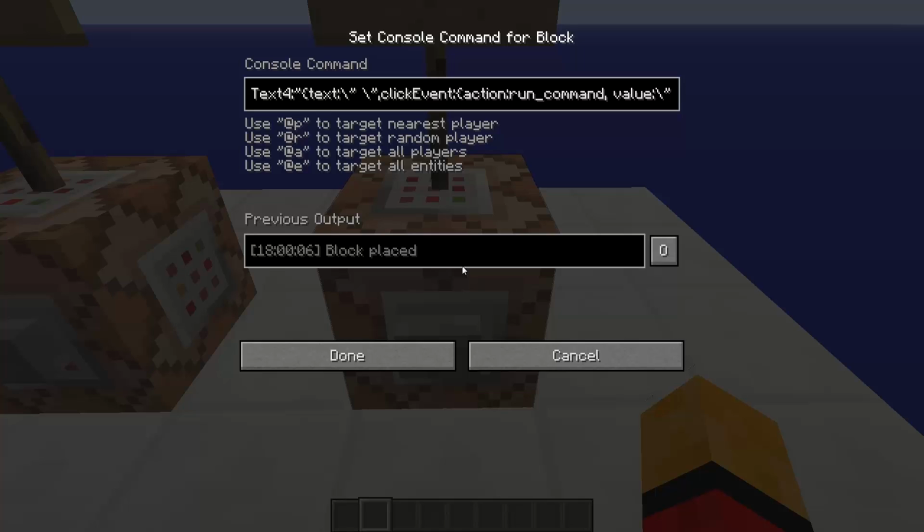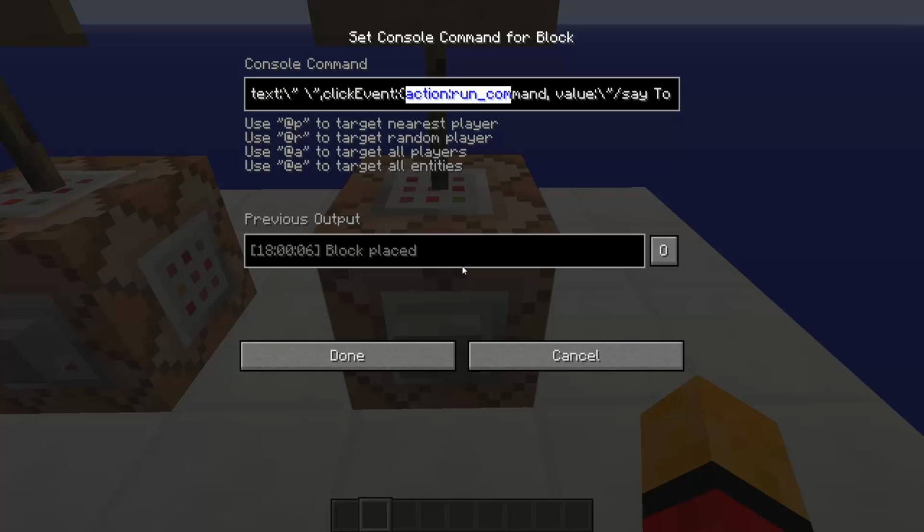Just make sure you've got the numberings right, because I accidentally kept putting it on text 3, and that would cover up the YouTube and make it invisible, and I was all stressed out because things were happening wrong. So I did text 4, and I didn't put any text, that's why it's just these blank quotes. You should put a space in them, comma, click event, colon, curly bracket, and then action,